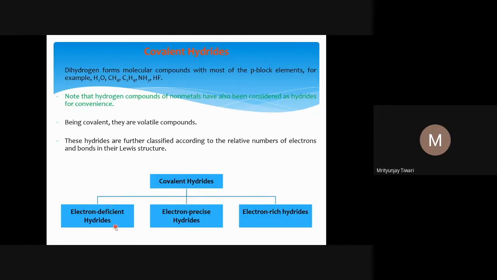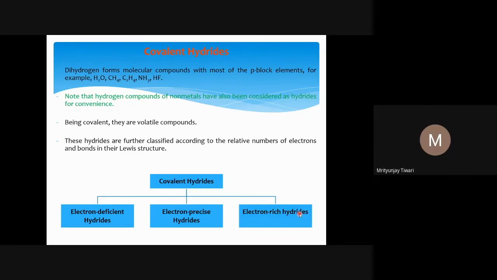There are many. And so boron family elements, or the boron group, form electron deficient hydrides. Carbon family forms electron precise hydrides, and if you go right of carbon, the nitrogen, oxygen, and fluorine families form electron rich hydrides, because if you look at their structure, you will see the existence of lone pairs in those compounds, like water. Water, H2O, has 2 lone pairs on oxygen.